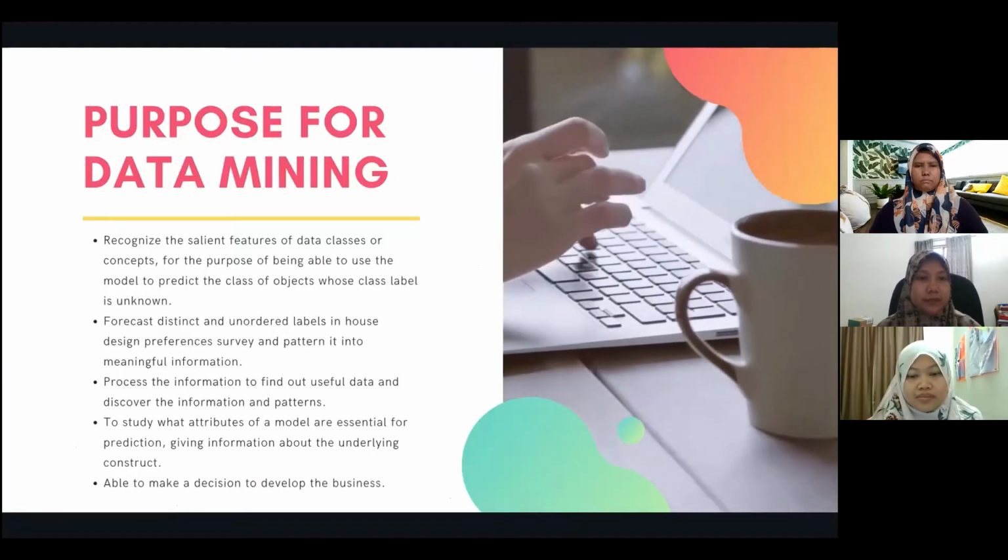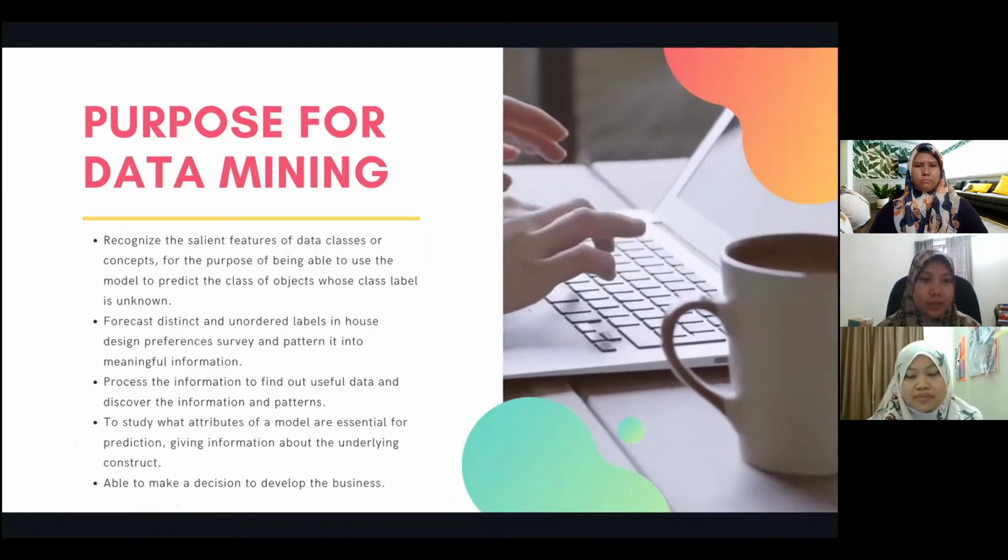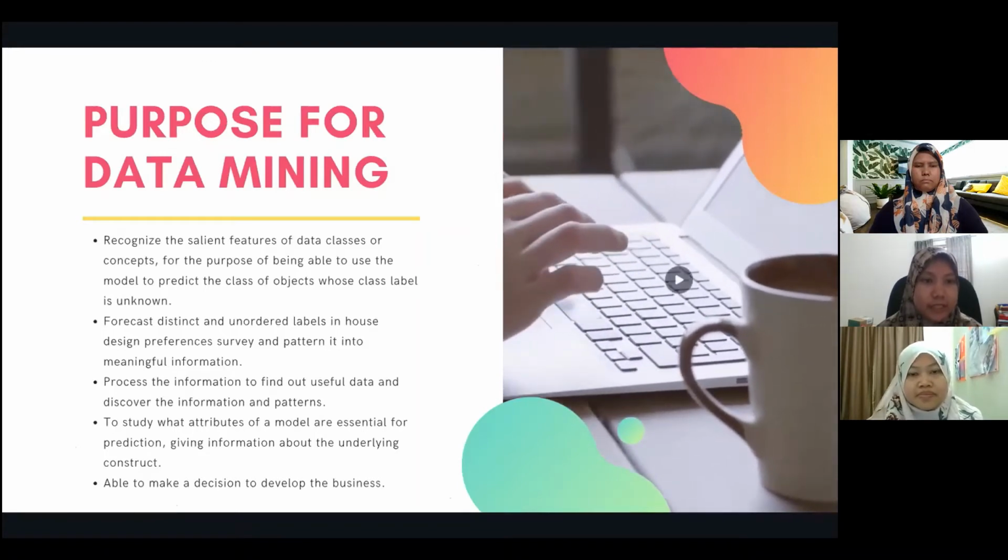Okay, purpose for data mining. First, recognize the salient features of data classes or concepts for the purpose of being able to use the model to predict the class of objects whose class label is unknown. Number two, focus on distinct and unordered labels in the house design preference survey and pattern them into meaningful information.